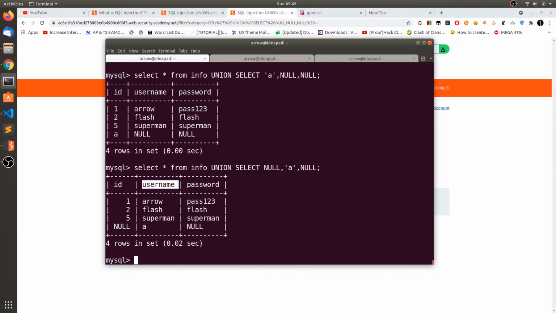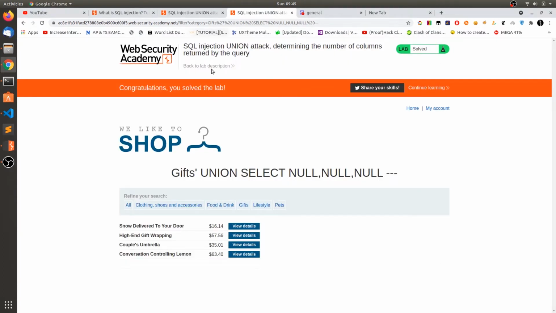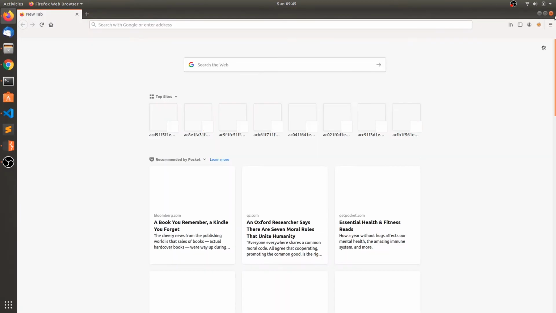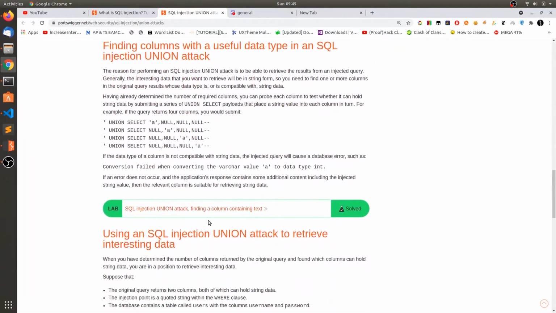In a similar way, you can change the third null to a string and check whether you get the result correct or not. If you get it correct, that means the third column is the string type and we can get much more juicy information via this column 3. So this lab has been completed. Let's go and see the next lab.